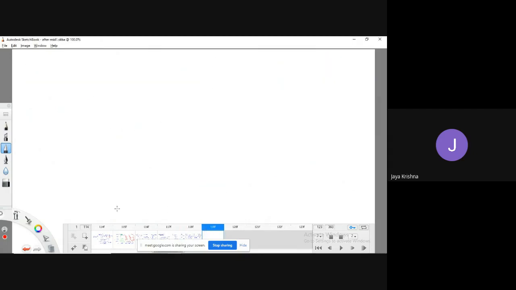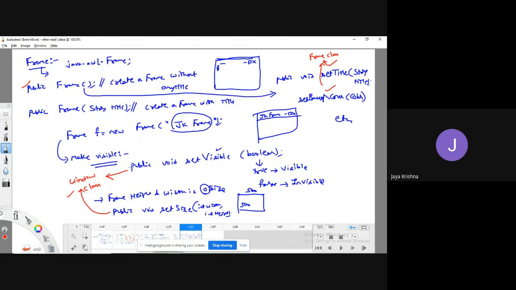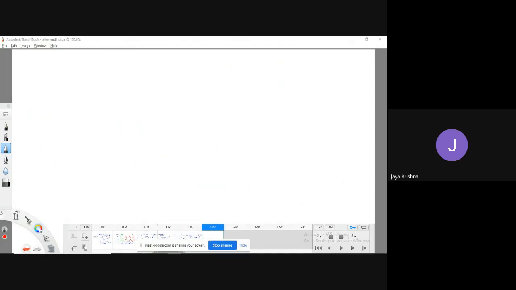Let's see how to implement this frame. We can create this frame component in two ways.